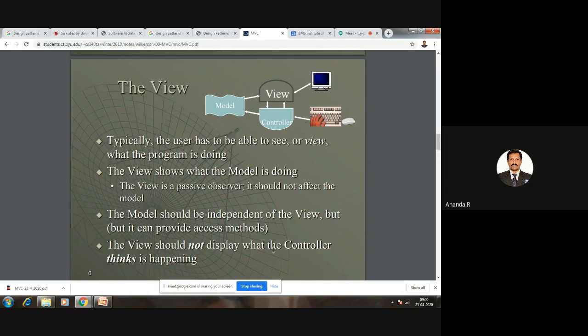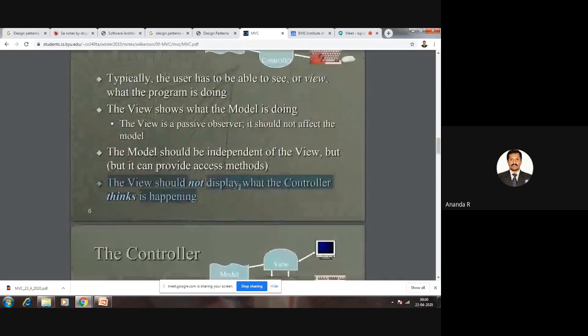The view should not display what the controller thinks is happening. That is one more thing you should keep in mind. The view should display only the proper results, only the controller's results.